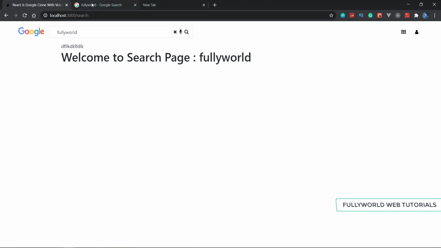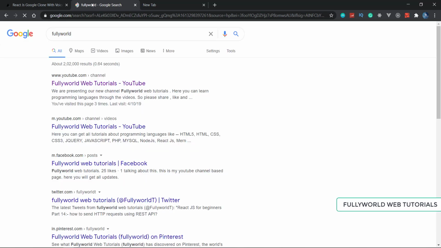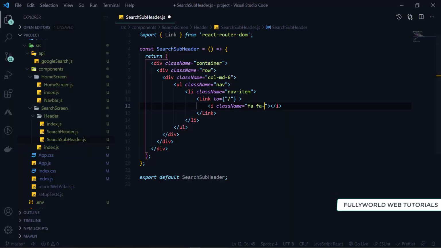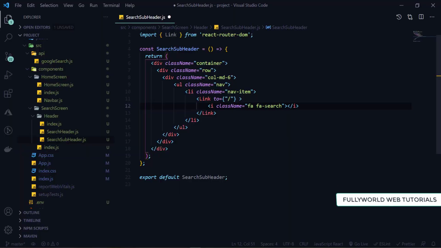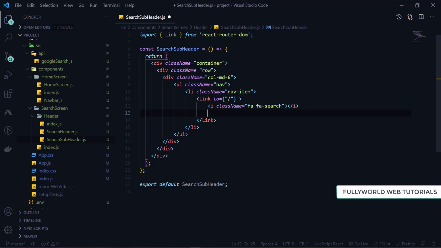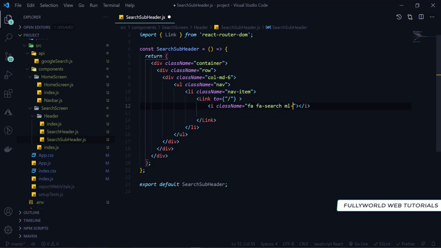So let's see what is here first of all. So it is reloading, let's wait for that. So see that here we want our search, then we want our all here. So here I'm going to write search, and then here I'm also going to write margin left 2, and here to link there will be one class name.